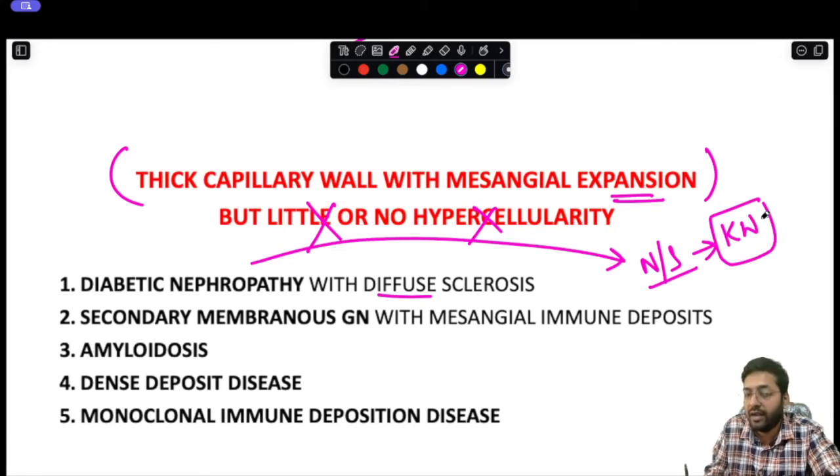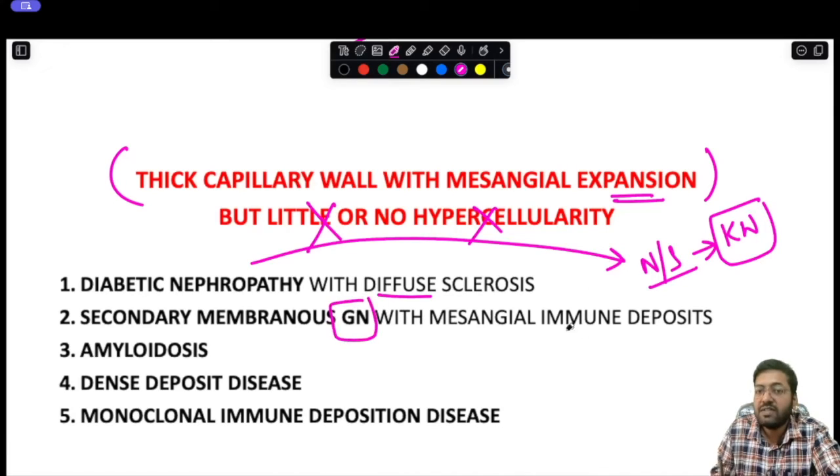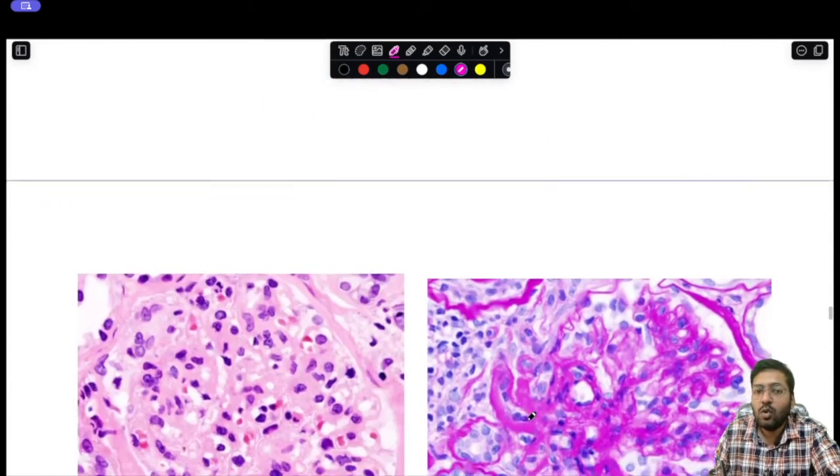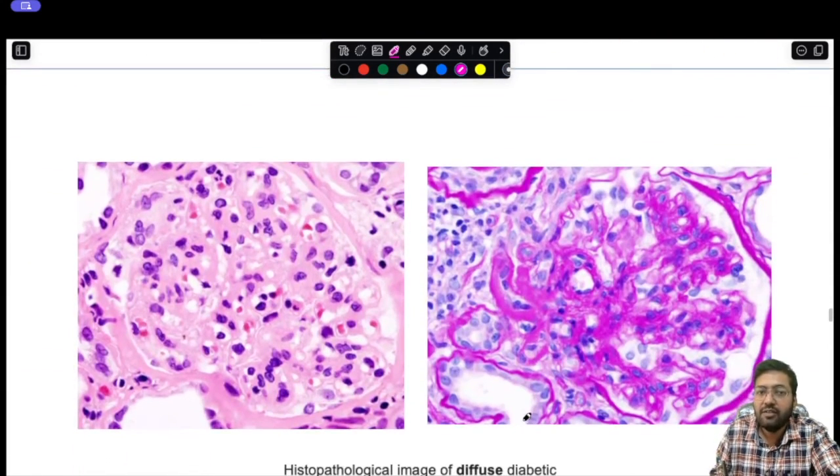That I will come to later. But diabetic nephropathy can also present with diffuse sclerosis, or secondary membranous glomerulonephritis with mesangial immune deposits, or amyloidosis, dense deposit disease, which is nothing but MPGN type 2, or monoclonal immune deposition disease. Okay. So over here, as we can appreciate, there is a diffuse glomerulosclerosis, as we can see, and there is also some amount of